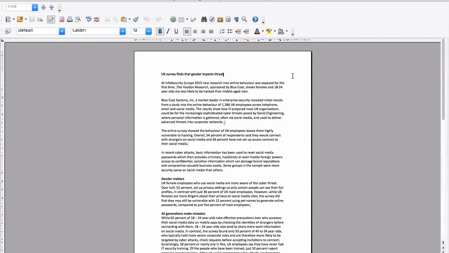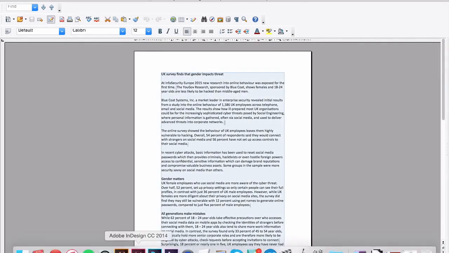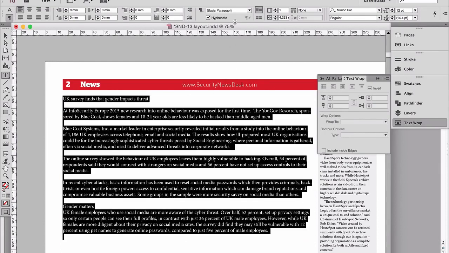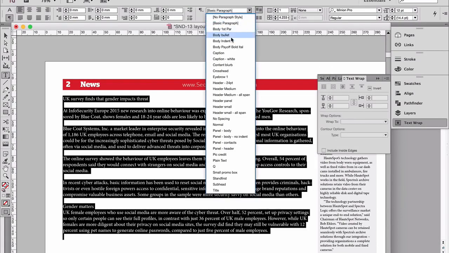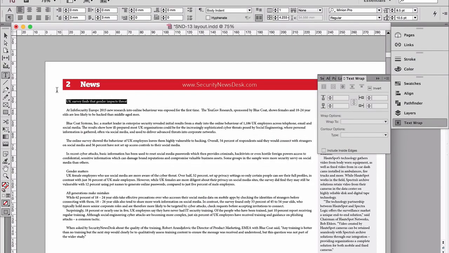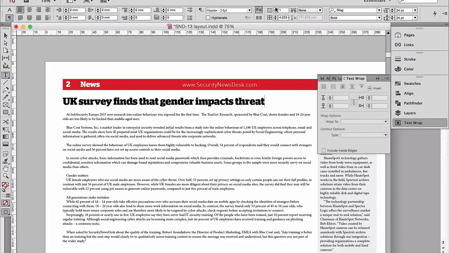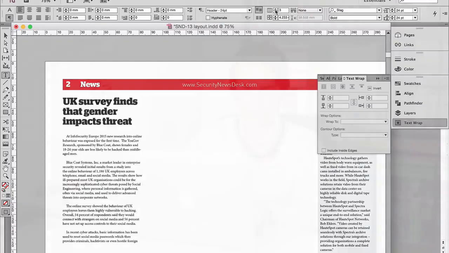So if I open up an article and just copy and paste into InDesign, select it all, go to paragraph settings, and there you've got all the options. So you can see you've got the different formats for the body copy and the captions, headers, panels, etc. So body indent, and then you can change the header size, and you've also got things like columns. So it's quite straightforward actually to go through and do it, but the main difficulty with it is tweaking it,